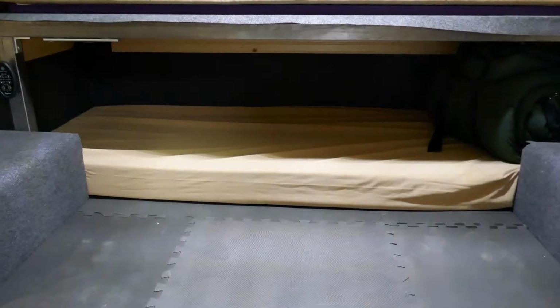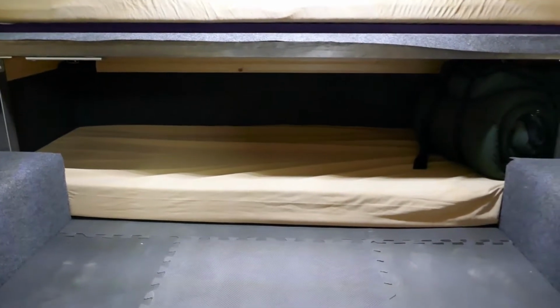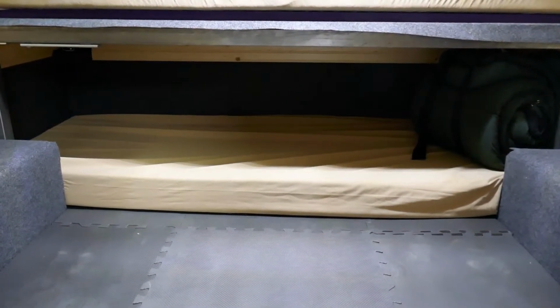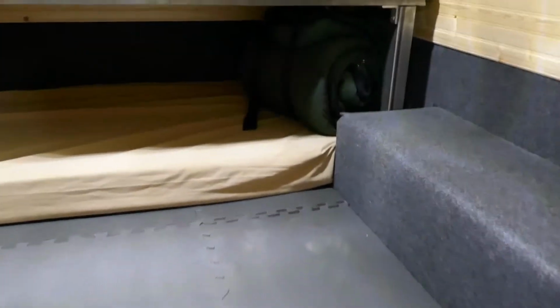And I'm really glad I did the bunk bed style. If I don't like it, it's just riveted in. I can just unrivet it and reconfigure. But I really thought the bunk bed style would be the way to go to create additional room for other stuff. Now, if we come on inside,